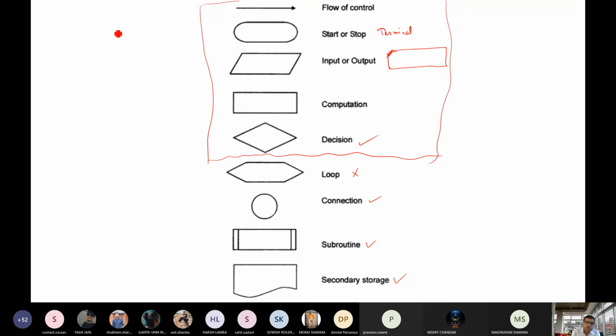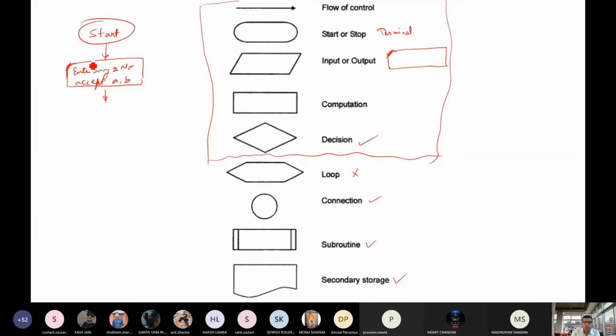Fine, so suppose you want to write a program. Initially you start with the start, then you give a prompt: enter any two numbers. Then accept A and B. You can use any language, it must be understandable. Then what kind of box is this?